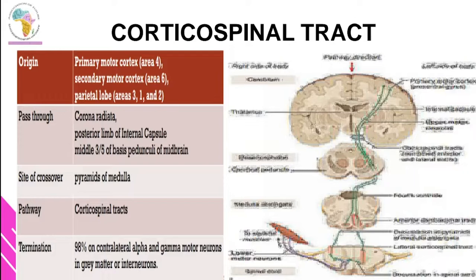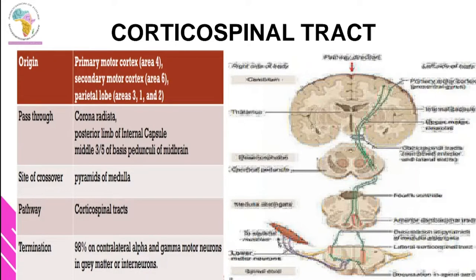This is how these descending tracts course. As they move down, one of the most significant things that you have to know is that as they come down, they tend to decussate at the medulla oblongata. That's why they tend to decussate. So meaning if one had a